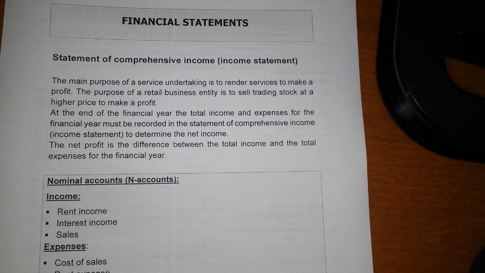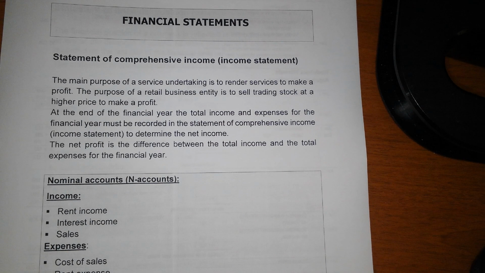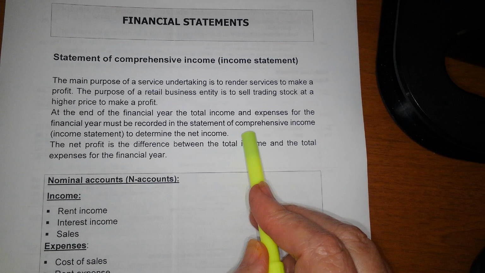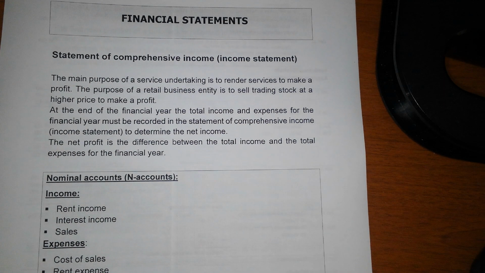So at the end of the financial year, we will take all the nominal accounts, that means all the income and expenses for that specific financial year, and we will record it in the statement of comprehensive income. So first of all, we will write down all our income, see what is the total amount of income, then we will write down the total expenses, see what is the total expenses, deduct that, and that will give me the net profit. And this net profit will then be transferred to the capital account because the owner is entitled